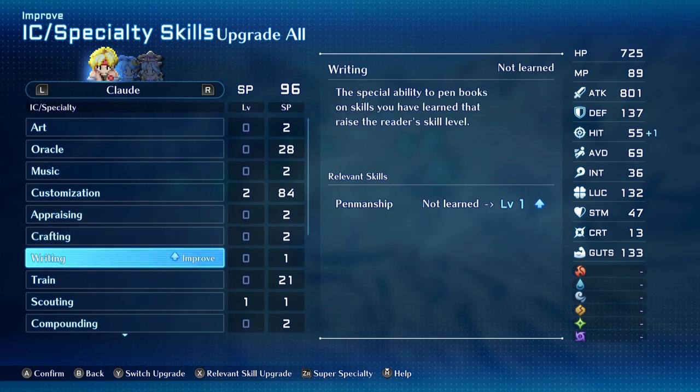Writing lets you write books, and essentially you write books on your skills. Not all skills are available, but most of them are. And the books that you write about those skills level up those skills for free. So essentially, instead of using SPs to level up a skill, you use the book instead, which can be useful, although you find a lot of books, I find, just out in the wild and by doing missions and challenges. So it's okay, but